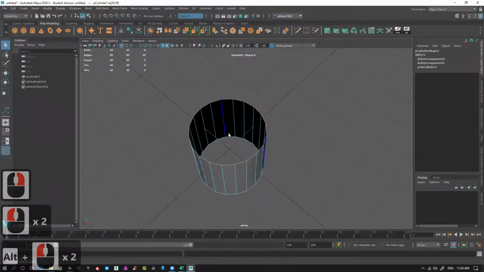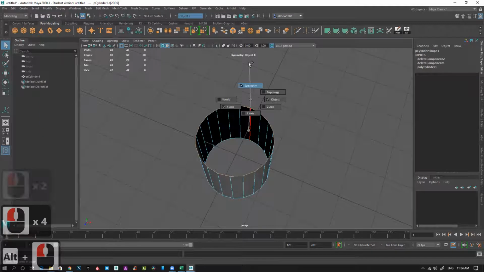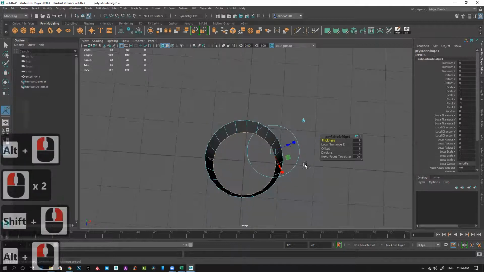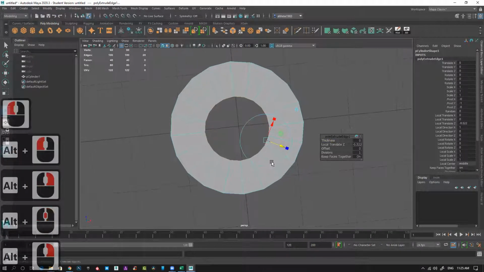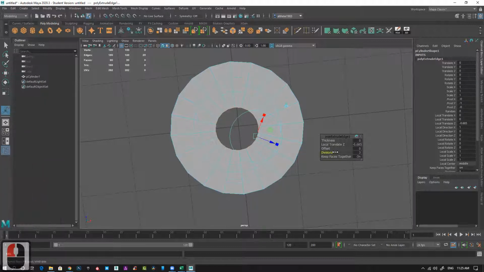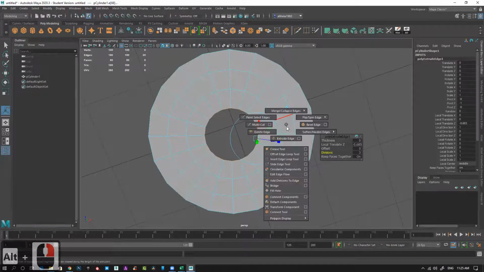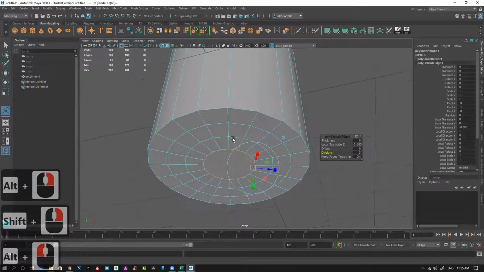Select this. So double click on any edge, it will select the entire thing. Right now symmetry is on, I'm switching off symmetry. Shift, extrude, move it inside, see. Division, if you want to see the division, you can increase like this. Offset and all those things you can do. And while keeping this edge selected, shift, right click, fill hole. It will close that hole.